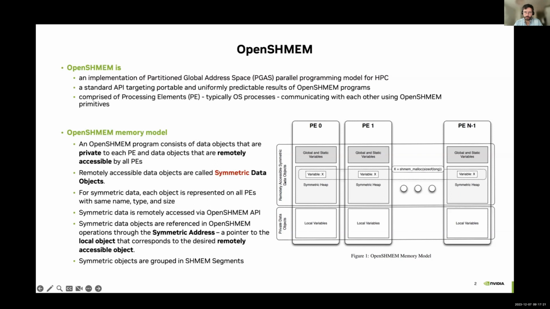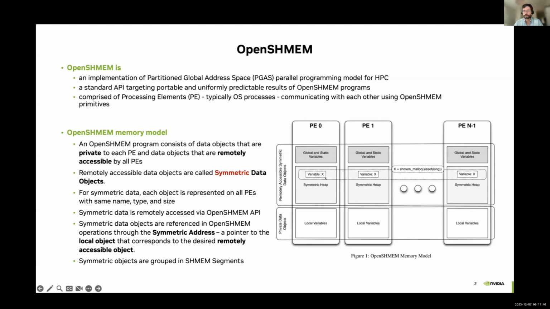They are called symmetric data objects, and typically when you create an OpenSHMEM application, you get all the global and static variables included into that space for granted, and you can also define the symmetric heap,